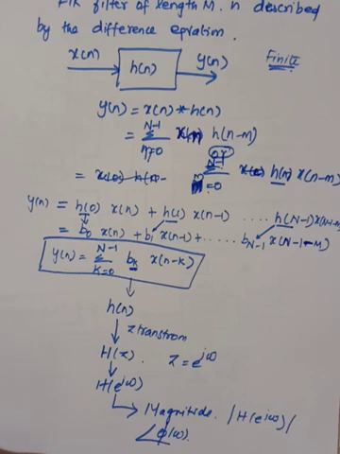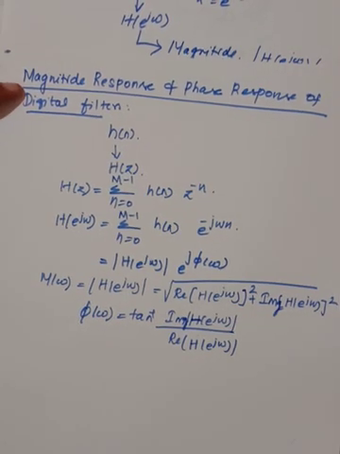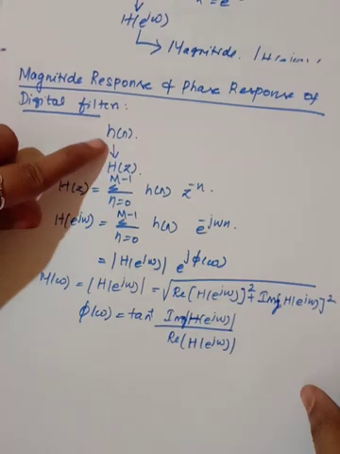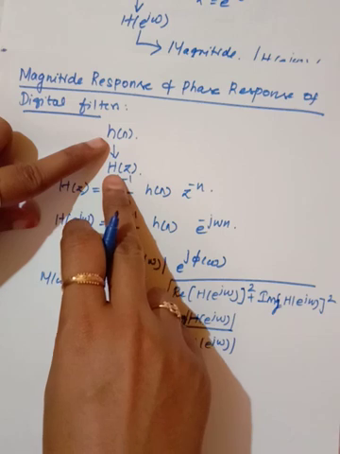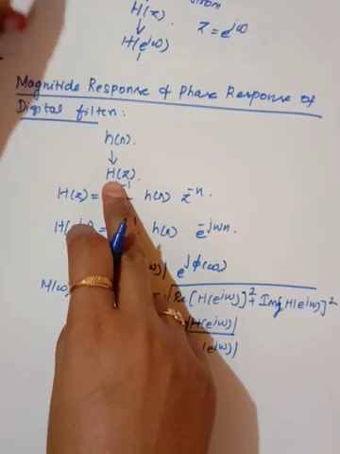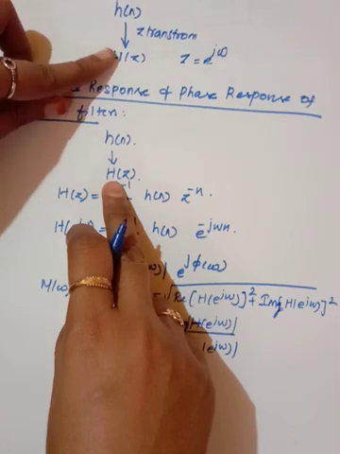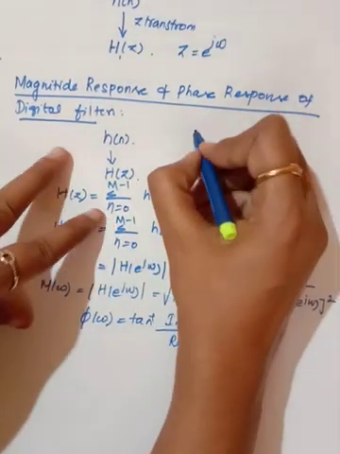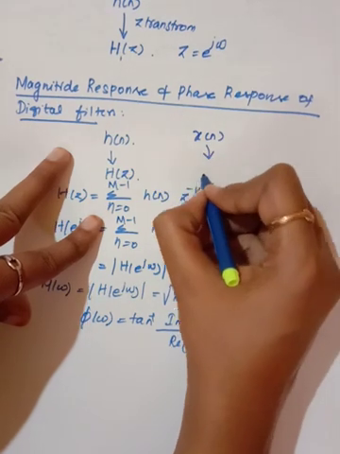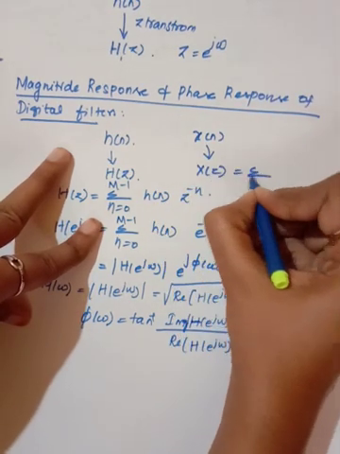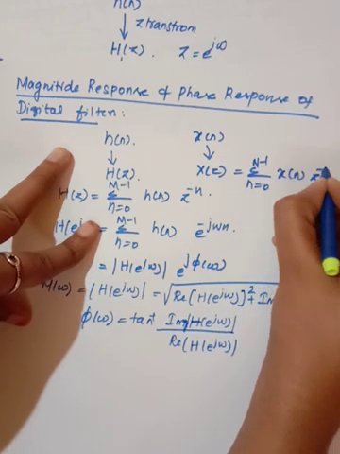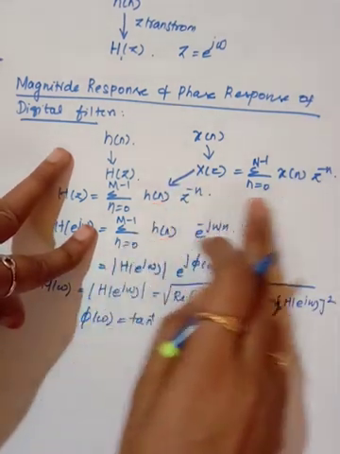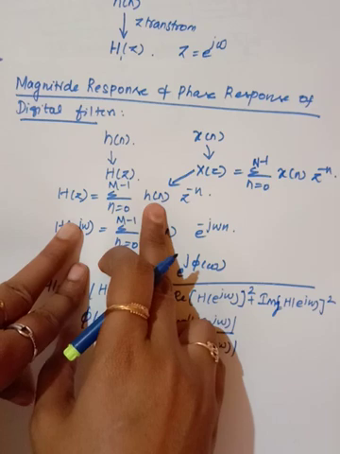So this is what we are going to see in this unit. Now we will see some of the important concepts before designing the FIR filter. So the next topic is magnitude and phase response of a digital filter. Already I have told that we are going to design this h of n. Next, we are going to convert this into h of z by applying the z transform. We know that if any signal is x of n, we find its z transform as x of z by using this equation: summation n equal to 0 to n minus 1, x of n z power minus n. The same formula I have applied, but instead of x of n, here I have the impulse response h of n.